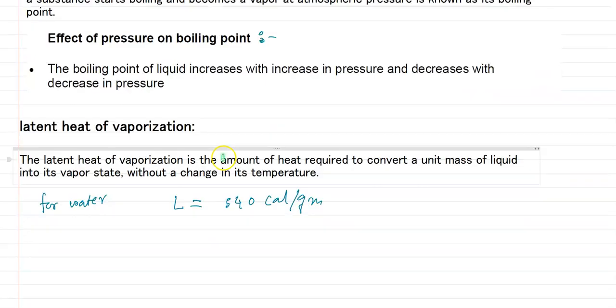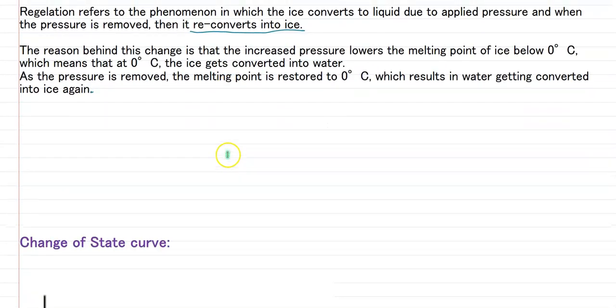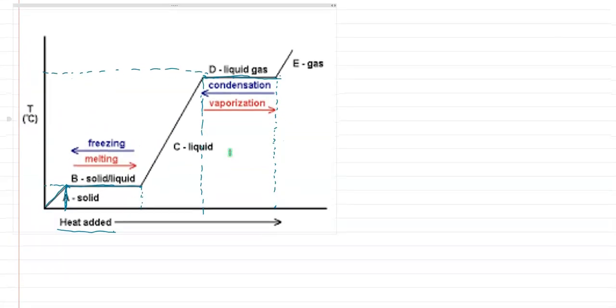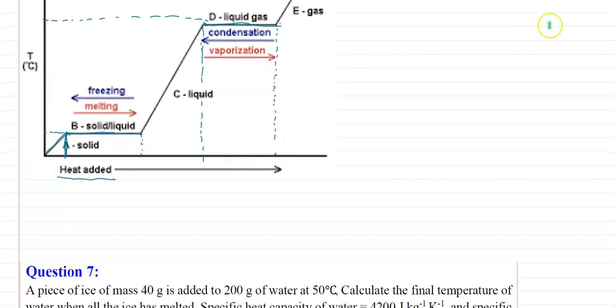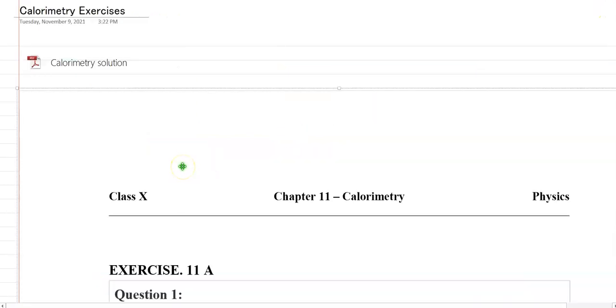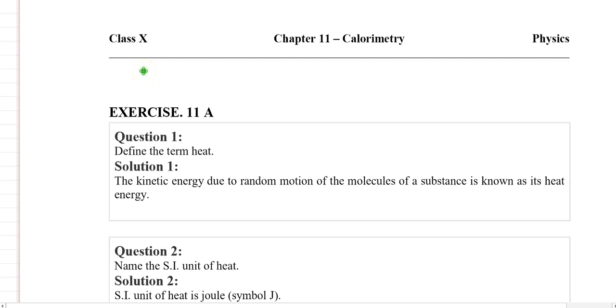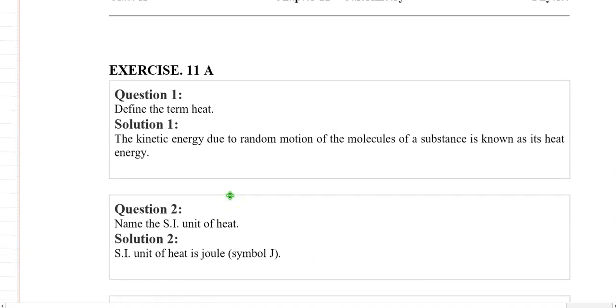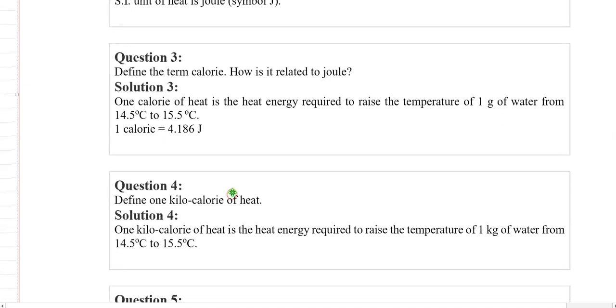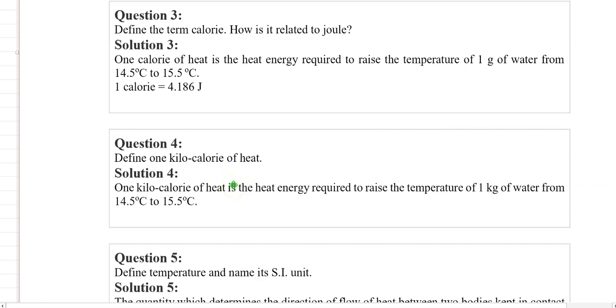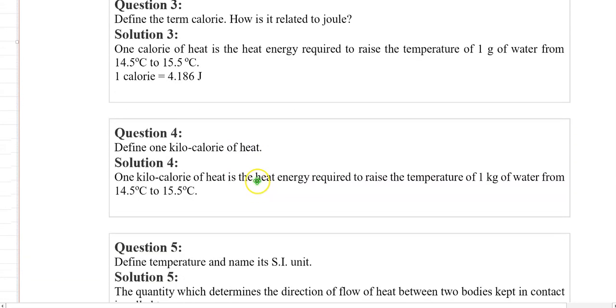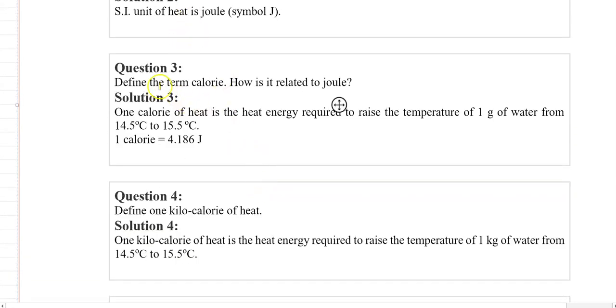In the previous class we explained some definitions: boiling point, melting point, the relations, and how state changes. Today, as we have completed this chapter, we will discuss some exercise questions from your Selina Publication book. All questions and answers are available there, but we will discuss some important ones. So the first question is